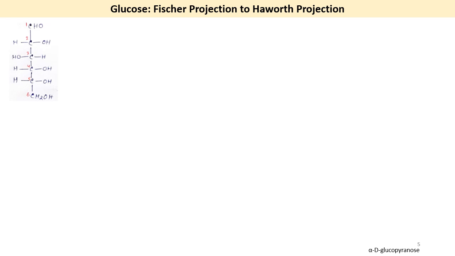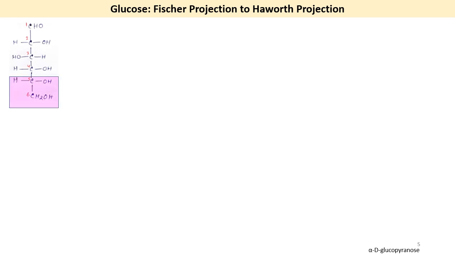Now, the ring form that you saw previously, the 6-member ring form for glucose or glucopyranose, or the 5-member ring form that you saw, they are usually called Haworth projection. This open chain planar formula is known as Fischer projection. This is already known, but the other form is sometimes called the perspective formula or the perspective projection or the Haworth projection.